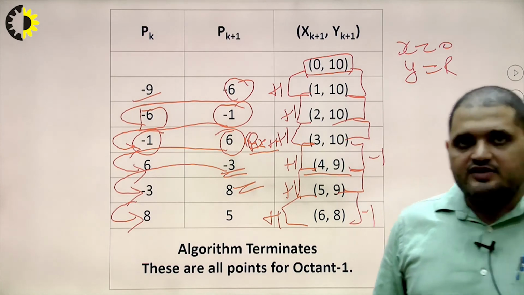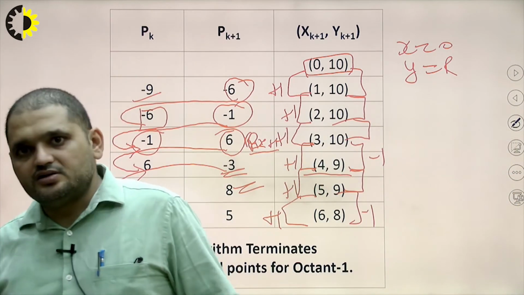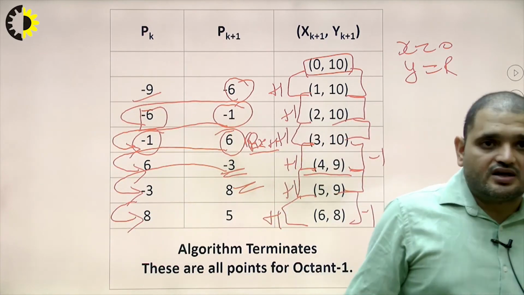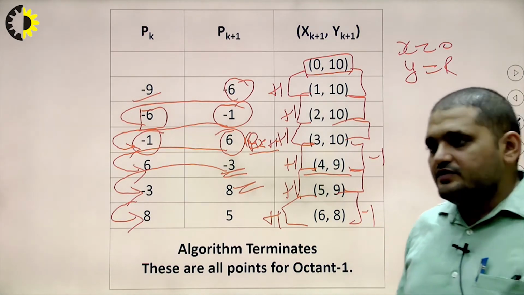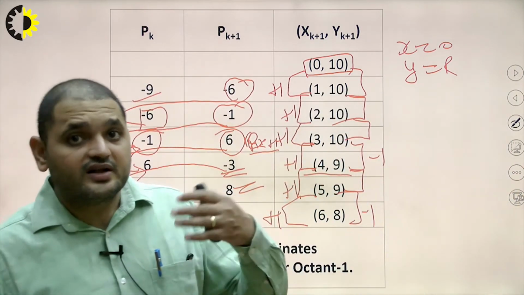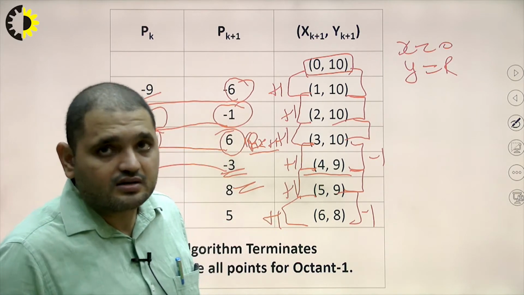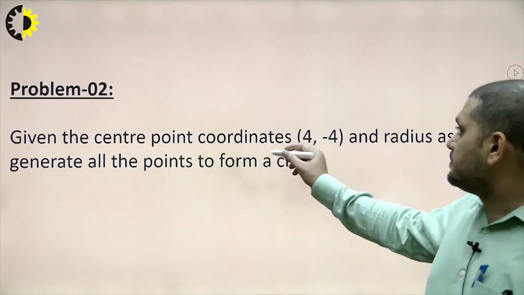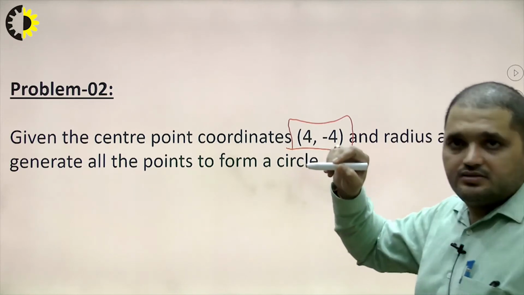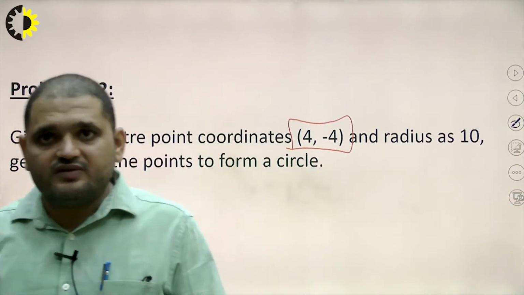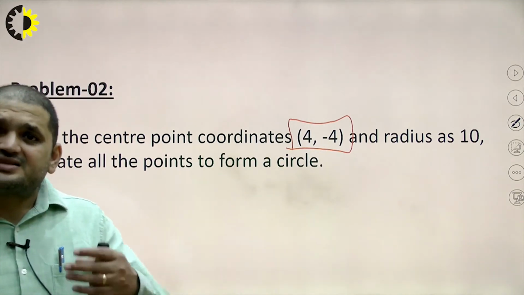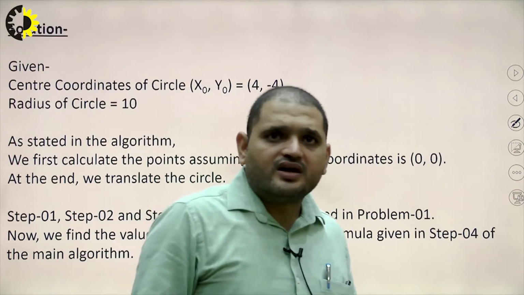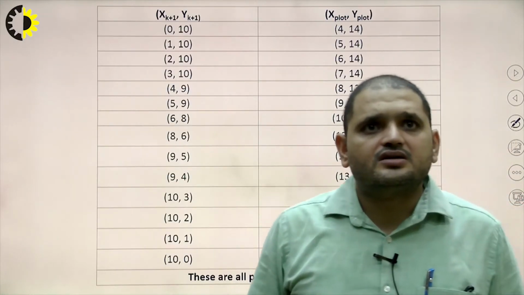So this is how we will proceed. We will find the values of this octant using this procedure, and once we find the values of this octant, then with the help of symmetry geometry we can find the values of the other octants also, and then we can draw a circle using this algorithm. Now the second problem is when the center is given. The center is not the origin, it means it has some value. Then in this case we will add this origin value to all the current values which we have found. I am not going into detail, just come to this last.